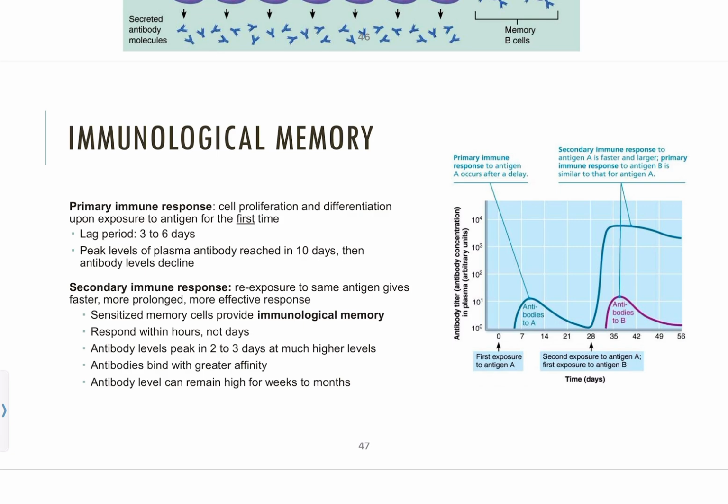And that's what's shown to you on the graph over here. So here's our primary immune response. We can see over here is basically the level of antibodies we have in our plasma. In the primary immune response, we're not going to have a huge amount of antibodies being produced. If we were to be exposed to the same antigen again, we can see we produce a much higher number of antibodies against that antigen. And if we look at the time, this has a much steeper slope in order to get that peak of antibody levels in our bloodstream. So much faster and much more robust if we're talking about a second